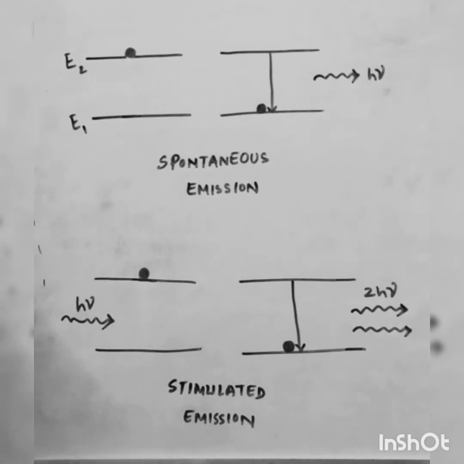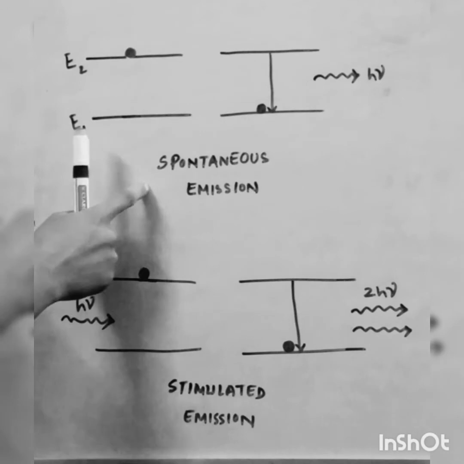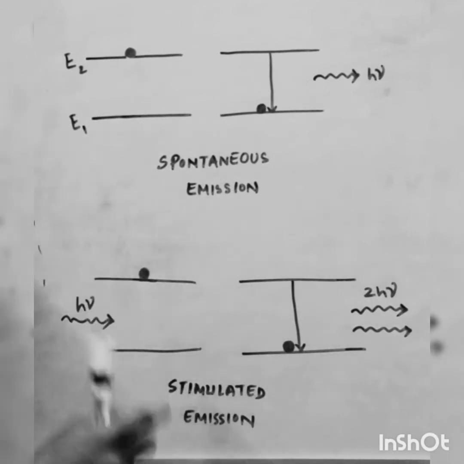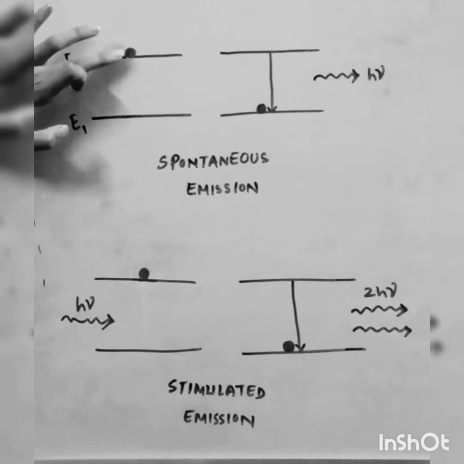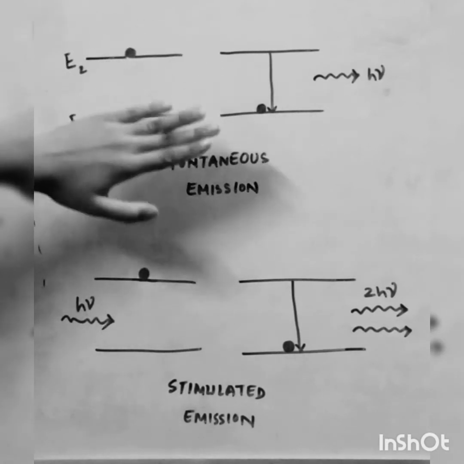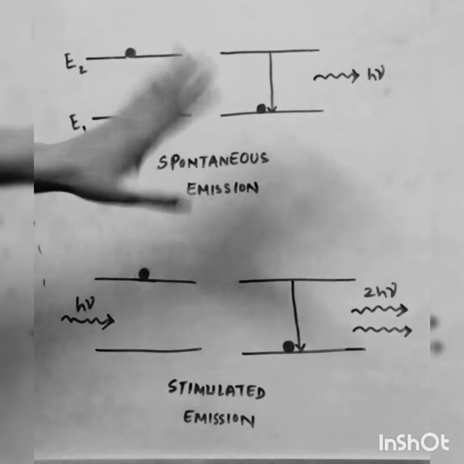And this emission can occur through two processes. It can either occur through spontaneous emission or it can occur through stimulated radiation. So let us see what these two processes of emission are. So the first one is spontaneous emission. When a particle jumps from a higher excited state to the lower energy state by spontaneously emitting a photon